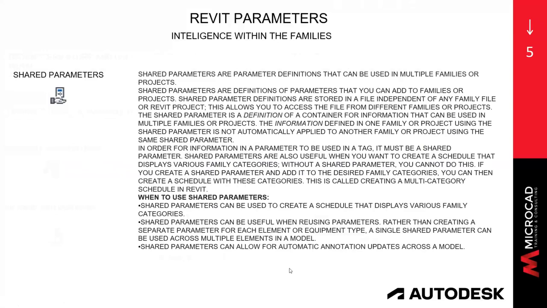The disadvantage is that if I acquire a family, and when I say acquire, it is when you go on the internet and you find stuff and then you get stuff. When you acquire a family and that family does not have your shared parameters, you have to push them into that family. There are places on the internet that give you solutions for that. I like to do that on foot because I like to have control over what I'm doing. So without further ado,